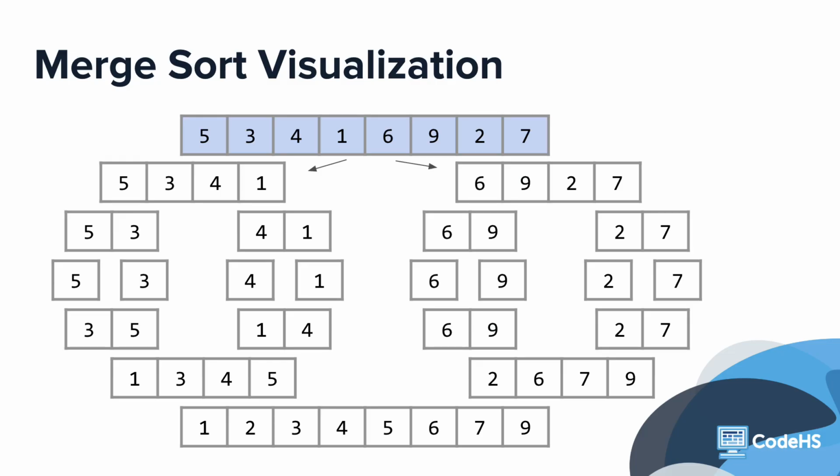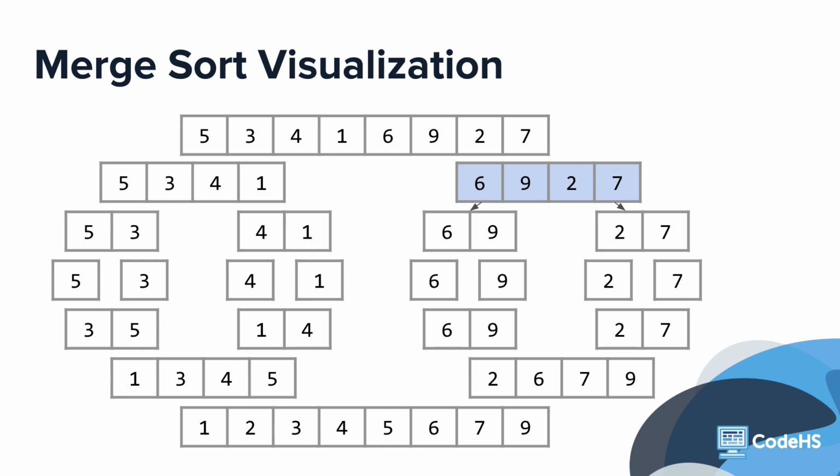Merge sort starts at the top with the entire list, then breaks it into two halves. Next, it focuses on one of the halves, breaking it down further. It continues this process, breaking it down until it has individual items. Once one side is broken down, it starts putting it back together in the correct order. Then it returns to the other section and repeats the process, eventually merging the individual pieces back in the correct order. Now that there are two parts sorted, it can merge these back into a single list with the correct